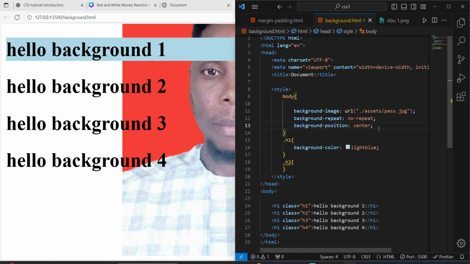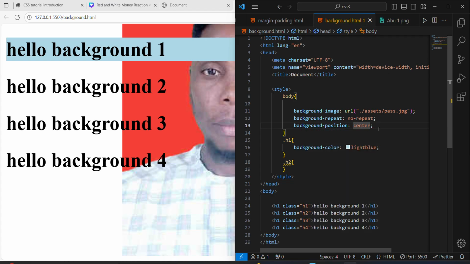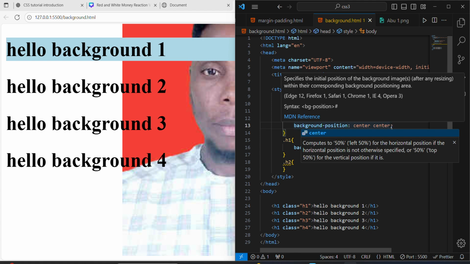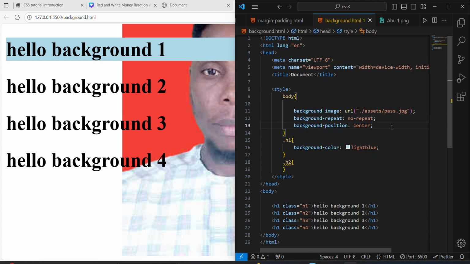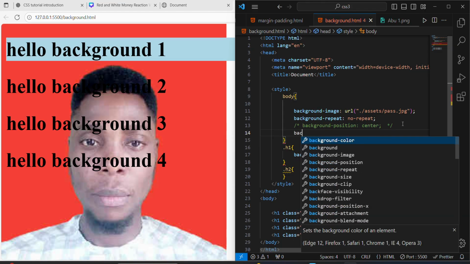We can also say center. It is the same thing as just saying center. Let me comment on this, and then we can also say